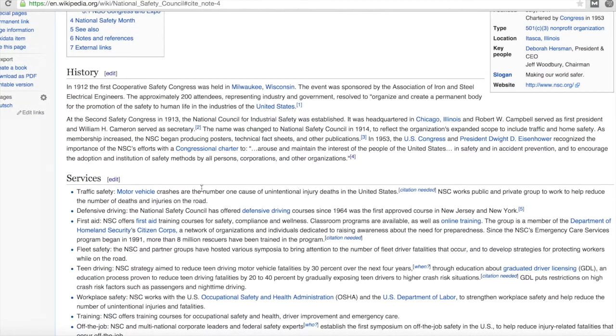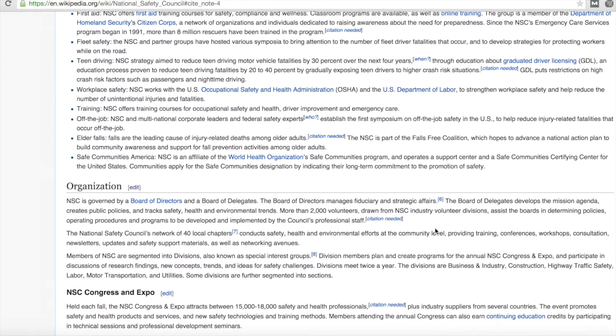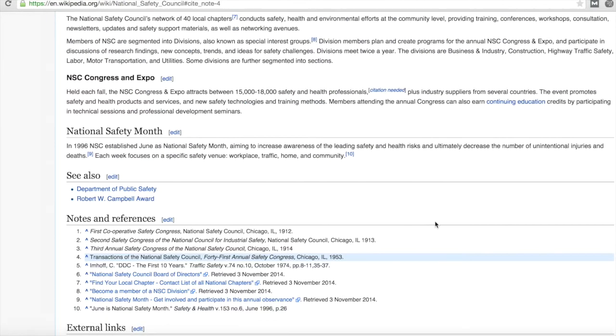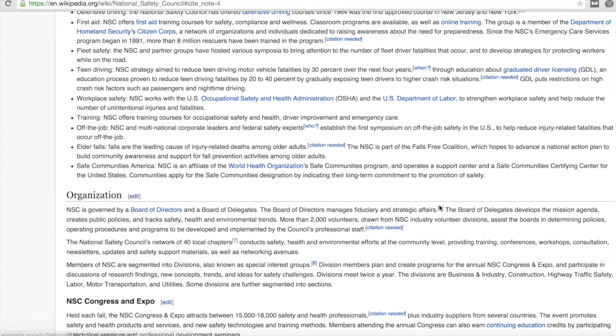Now what I need to do is go into this section and click on Edit. And here where it says citation needed, I'm going to update this. In order for me to figure out how to update a link, I just look at one where one already exists. So if I look down here at number 6, the National Safety Council Board of Directors, I can come and look at this reference